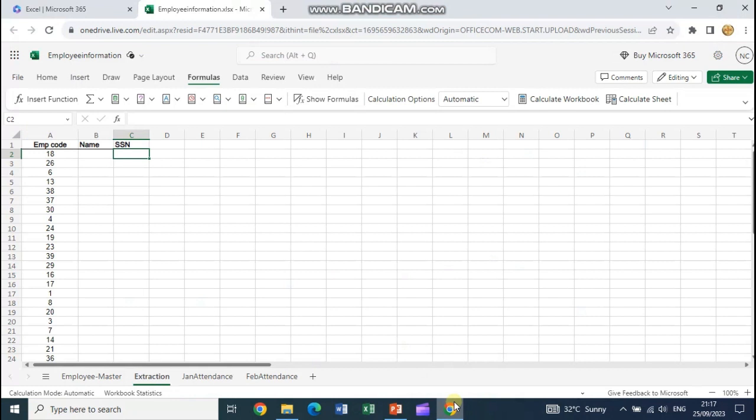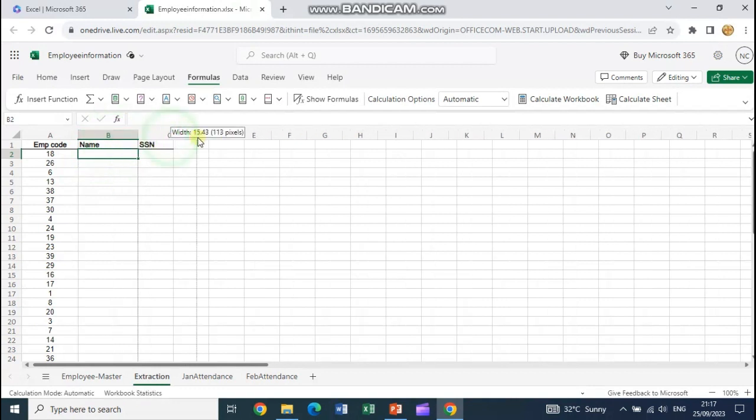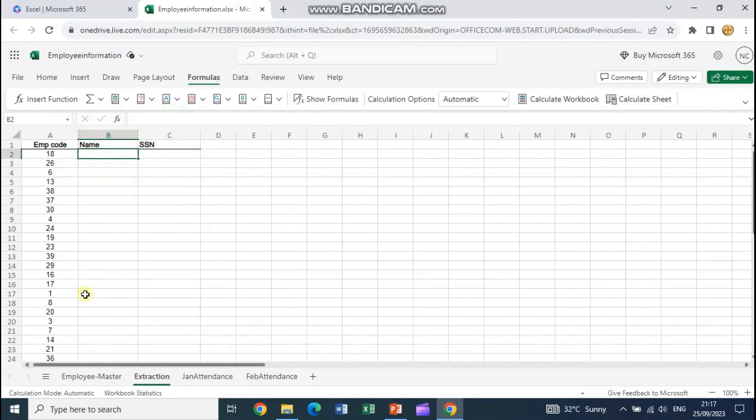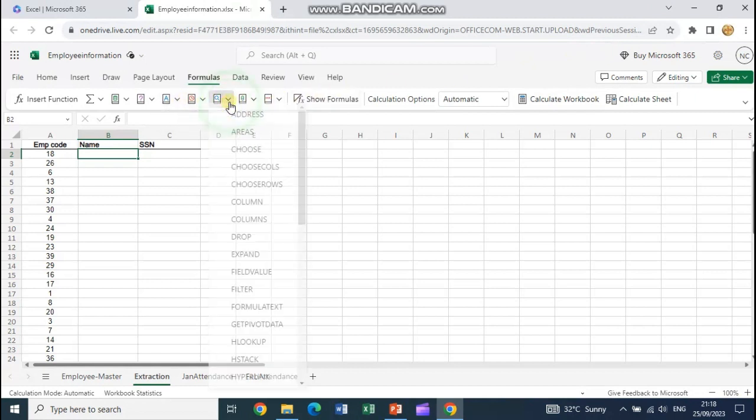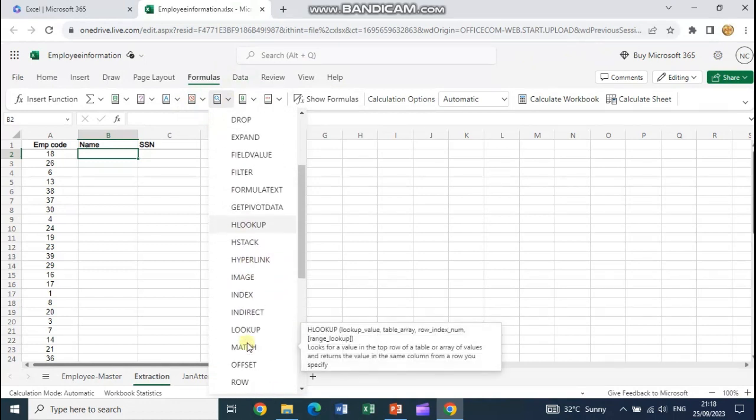So let's come back to the XLOOKUP function. What I want is the name. I will show you that XLOOKUP has the capability of extracting a value from the left of the master column, or the right of the master column, as compared to the VLOOKUP function. So let's go to our Office 365. This is my Office 365 which is open here, and I start looking for lookup and reference, and in lookup and reference I have my